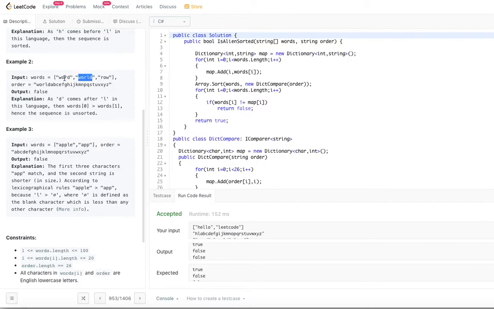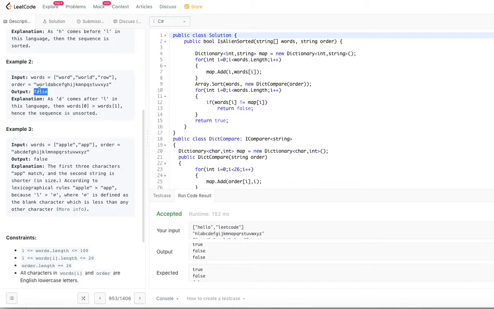World should come first and then only word should come, right? Because L is coming first and then D, right? So that means this should go into the first place and word should come into the second place. That means whatever the words given in the words array, right? That is wrong. That is not in a lexicographical ordering. So that's why we are returning false. Hope that cleared up the